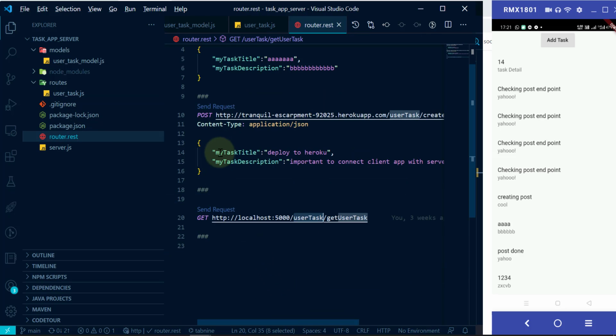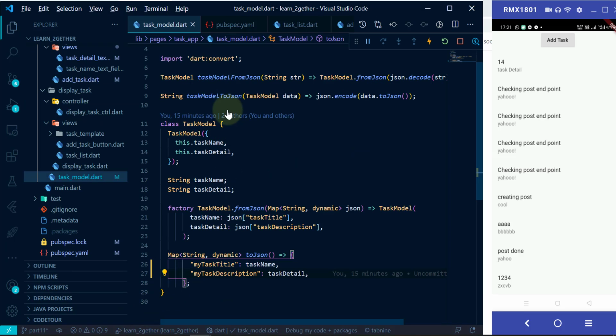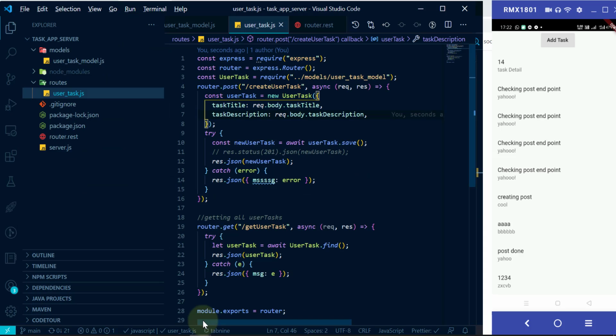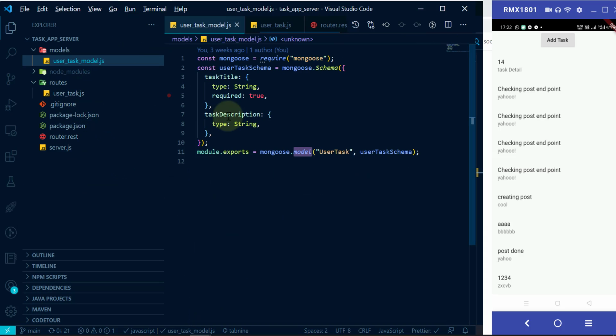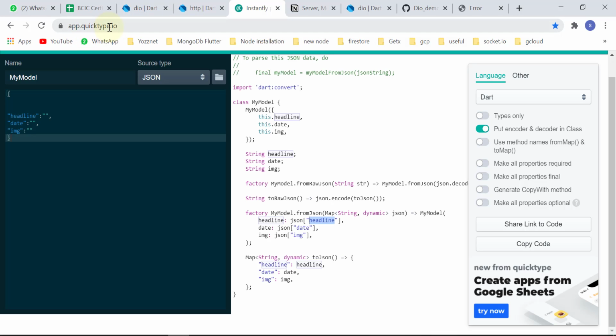Now do remember that here this will not work now because it is here my task title. So we can change this here, and instead let's directly change it in our Flutter app. So come back to our Flutter app in our task model. So we'll have a consistent name in both our server side and in our front end side. So if you see here in our server side coding, in our user task model, we have task title and task description. So we'll just come to app.cooktype.io, and